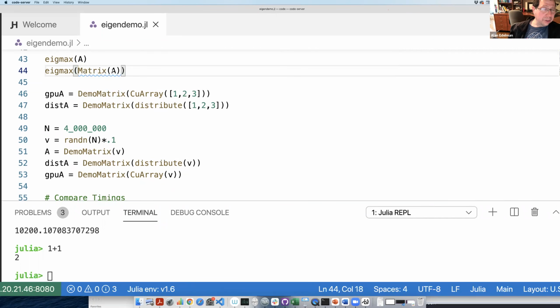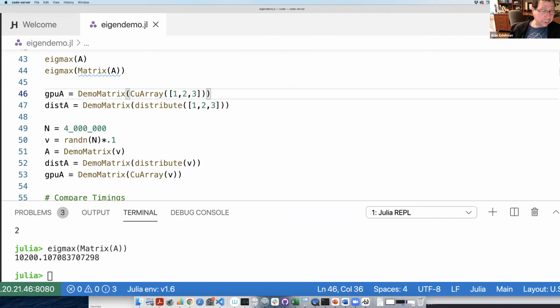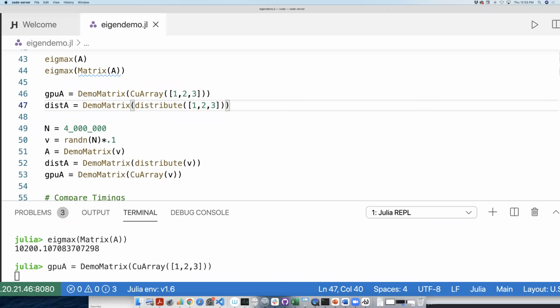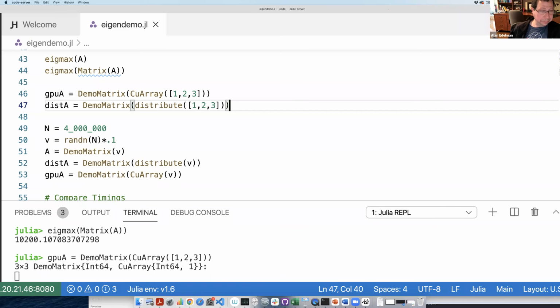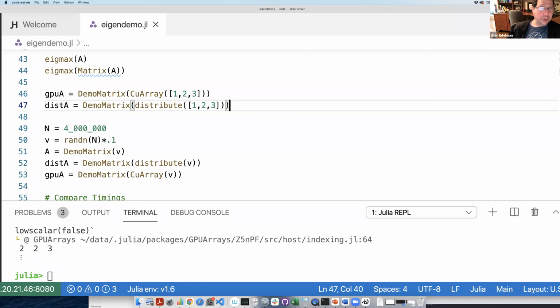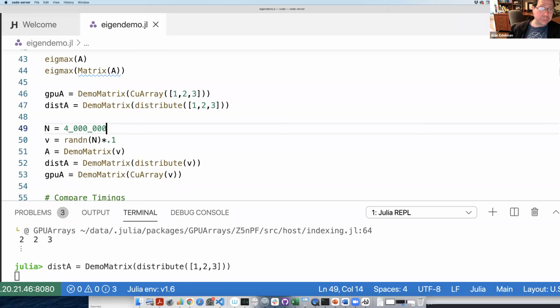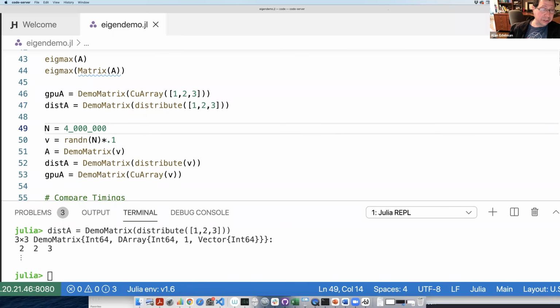Where were we? Okay, so this thing gives the same answer. This is when I think Estelle asked the question, but it uses less memory and storage. Now the question is, can I put this on a GPU? And you see the answer is here. I call this Q array thing, and bump, I'm on a GPU. Or I could distribute it. These were small matrices, so it's not that interesting to distribute it. I just want to see that you can do that.